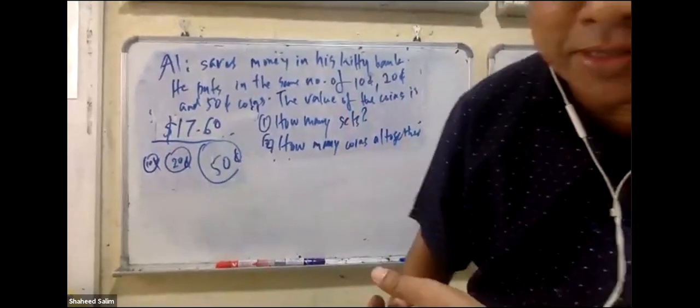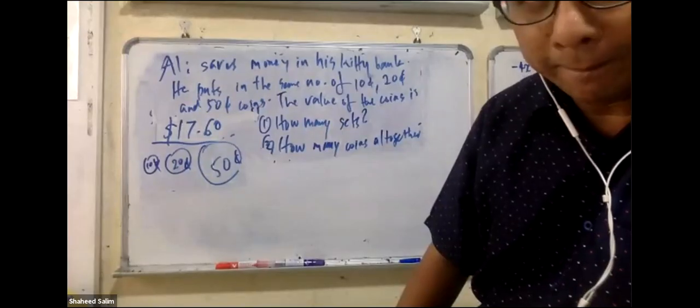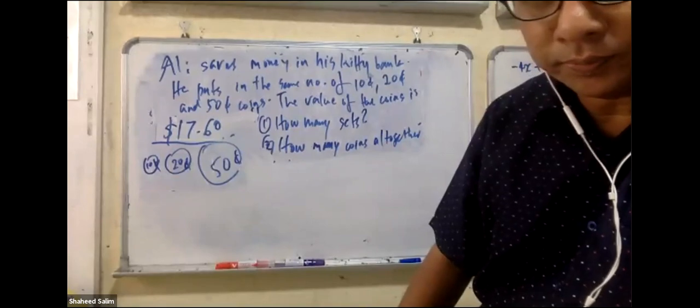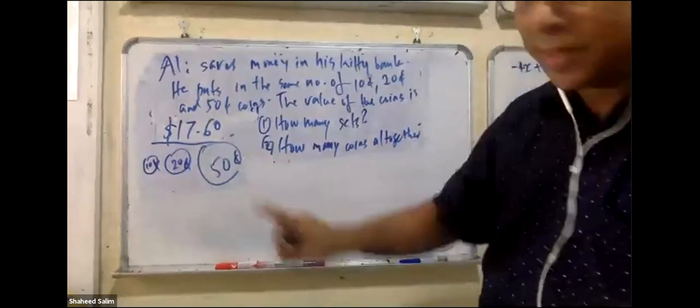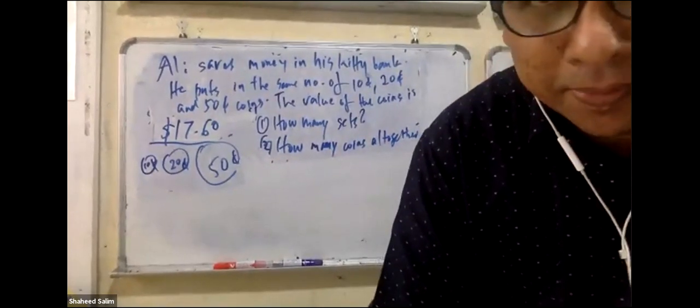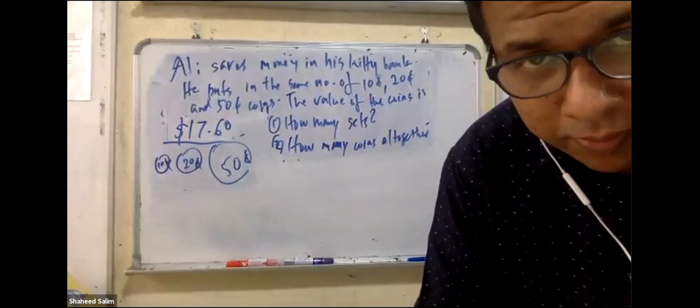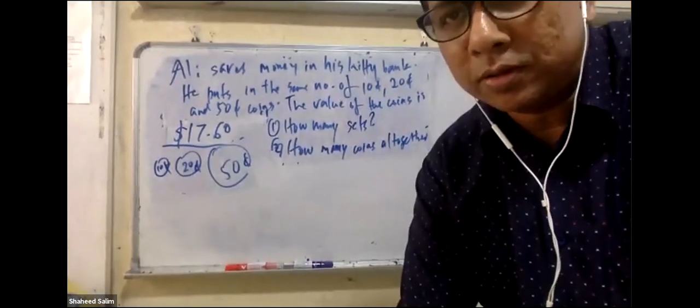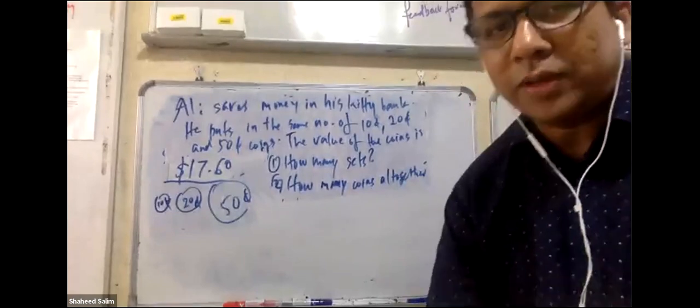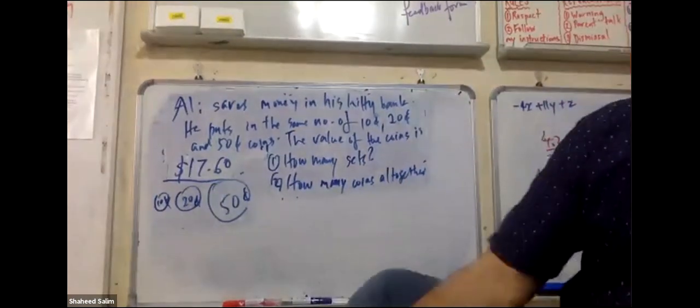How many sets, Miss Shafika? 66. 66 coins altogether. Or 66 sets. One set is 80 cents, yes. How many sets are there? 66. 66, okay. You agree, huh? 66 coins. You don't know how to do? Your voice is so soft. Answer 22. Okay, so 22 sets.